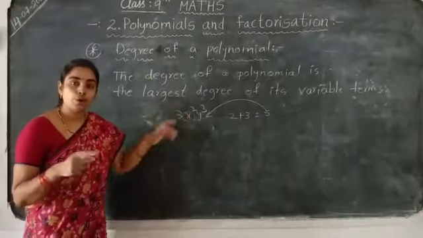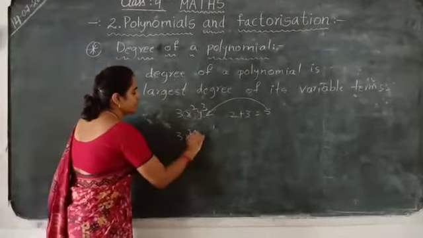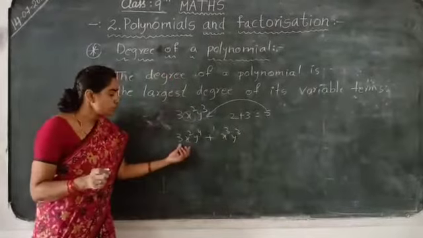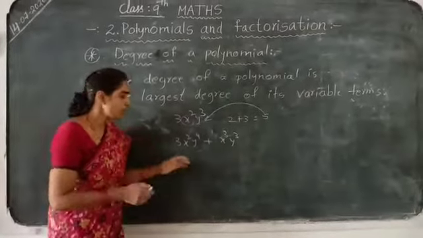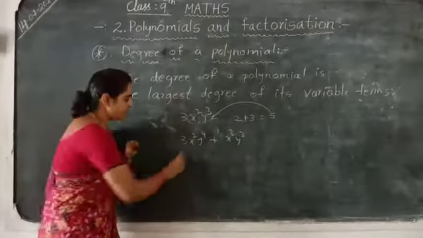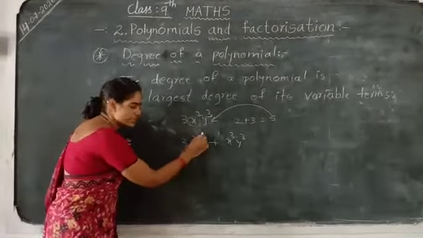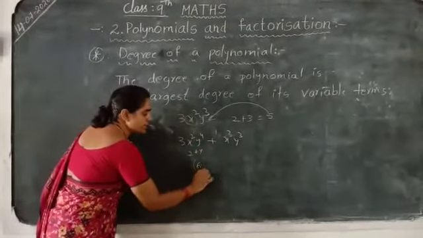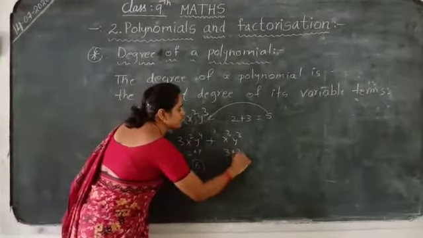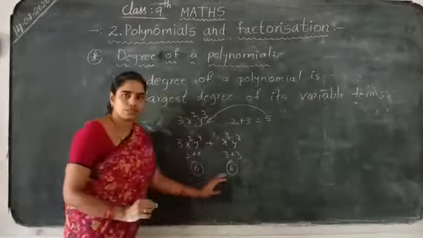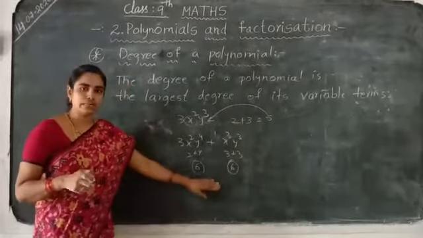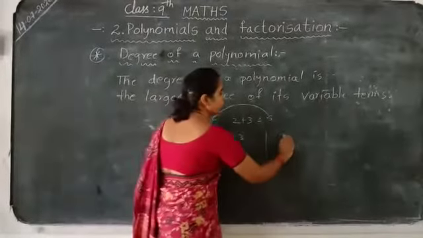If a polynomial has 2 terms, like this one plus 5, here 2 terms are appearing. So how can we find the degree of this total polynomial? Here what are the powers of the variables? 2 plus 4, so it is 6. Here what are the powers of the variables? 3 plus 3. It is also 6. So what is the degree of this total polynomial? 6. Let us take one more example.